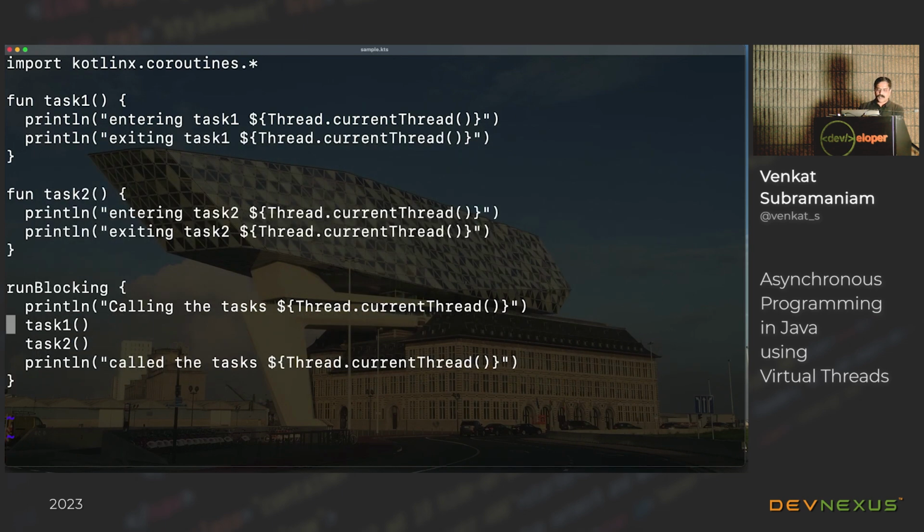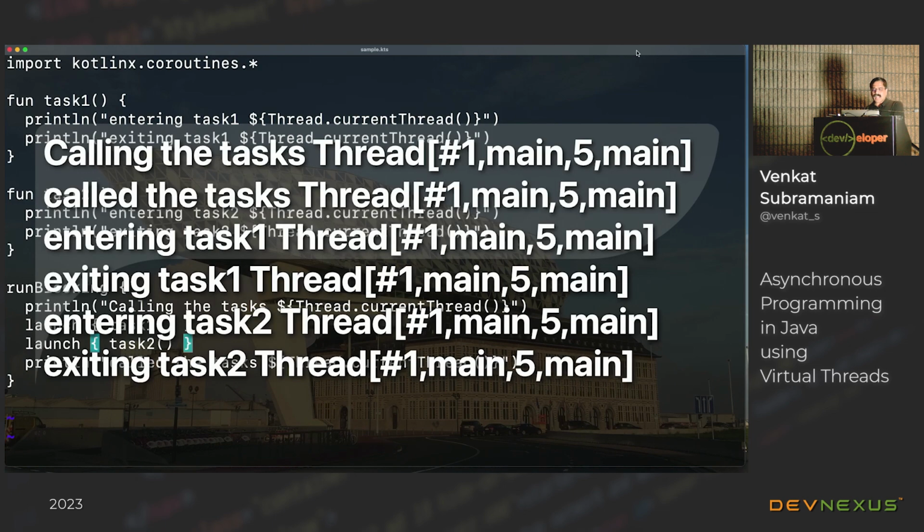So then what I'm going to do here is to say launch and start the first coroutine and launch and start the second coroutine right here as well. And you can see in this case, it is telling us calling the task, but did you notice it immediately said call the task, which means that's non-blocking, right? So you didn't wait for that to finish execution, you simply went on with it. Then it says entering 1, exiting 1, entering 2, exiting 2. A little bit of a benefit, but not a whole lot yet.